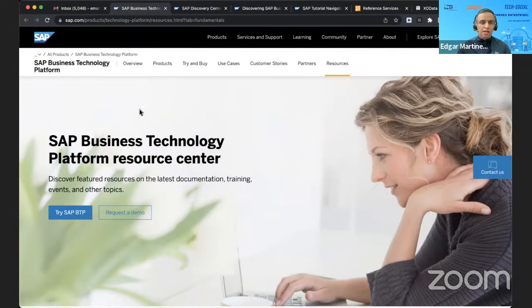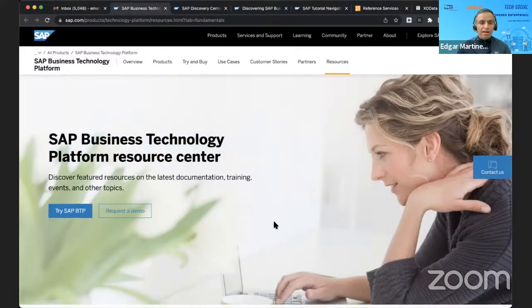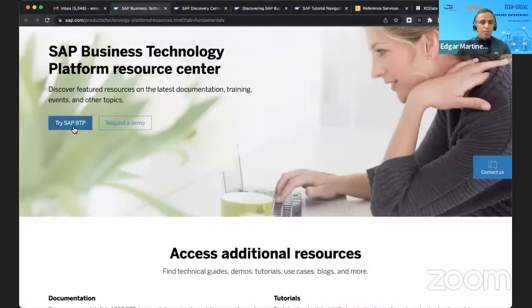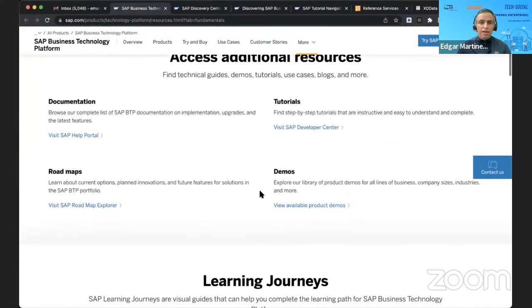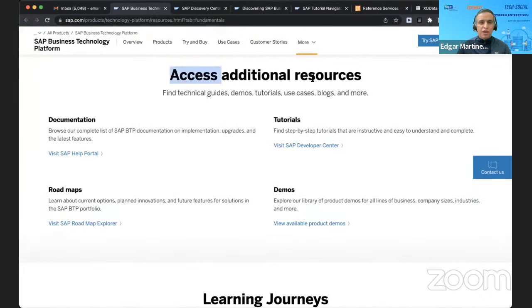One of the main resources that you can review is this SAP Business Technology Platform Resource Center. Here, the first thing you can do is set up your BTP account or request a demo, so you can see how it works and start interacting with it. But aside from that, you get tons of different resources, right? You get the documentation, and these things they call roadmaps that tell you the path you need to follow to become